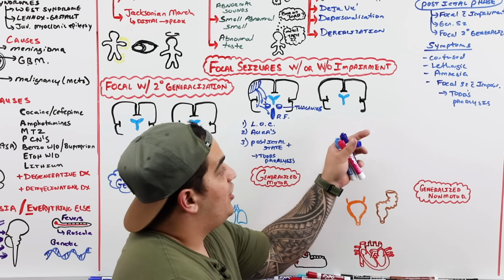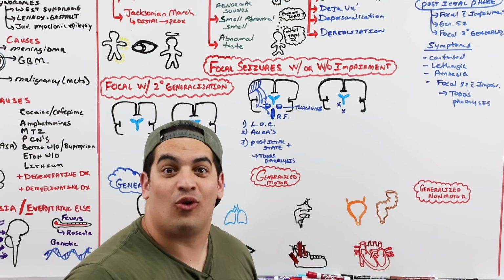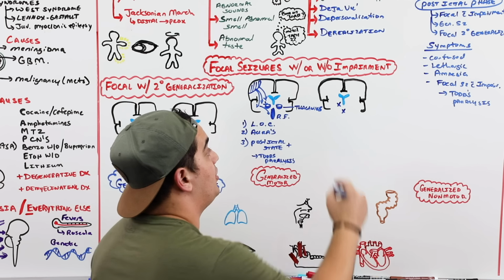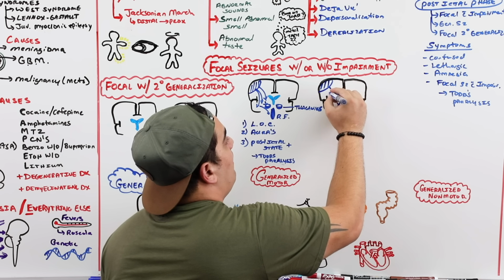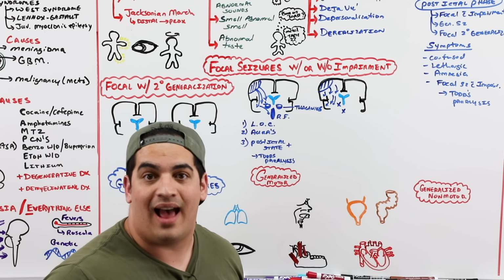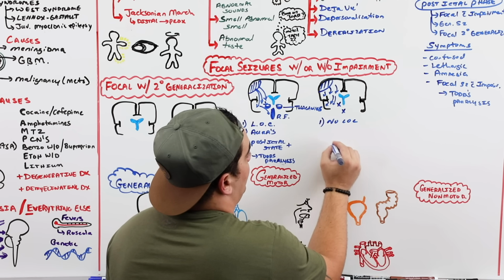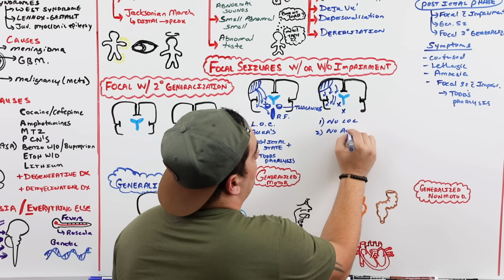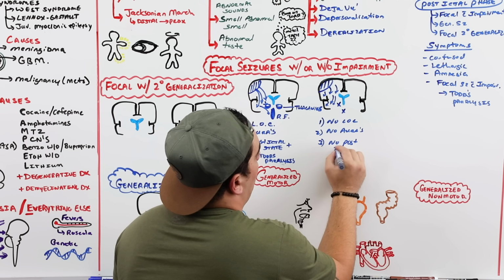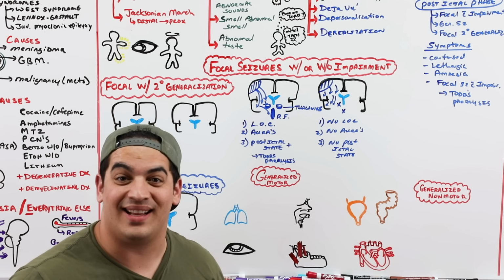If there is a focal seizure without impairment, there is no thalamic involvement and there is no reticular formation involvement. So there's no impairment with respect to loss of consciousness. So it's just a focal seizure that's firing and involving one half of the cerebral hemisphere without involving the thalamus and the reticular formation. So there should be no loss of consciousness. There's usually no auras, and there's usually no post-ictal state. Okay, that's the big things to remember for that.